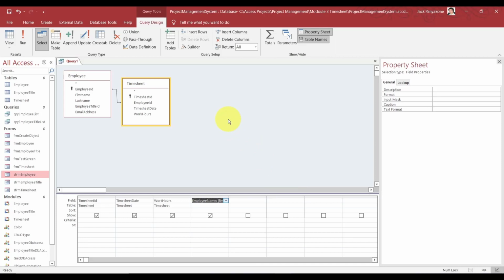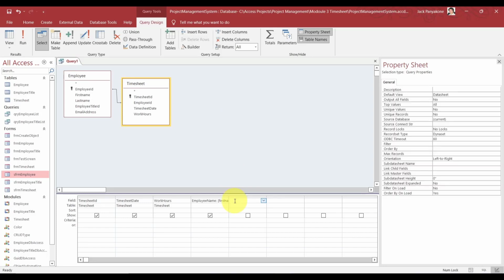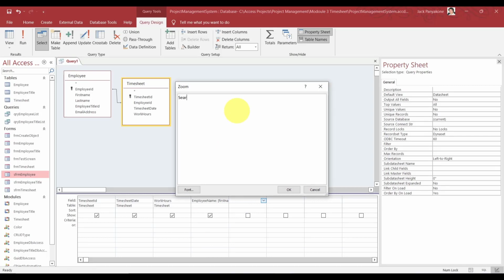Also, we're going to create a search text. So let's go in there. Basically, this is just the first name and last name. We could have just chosen the employee name instead, but